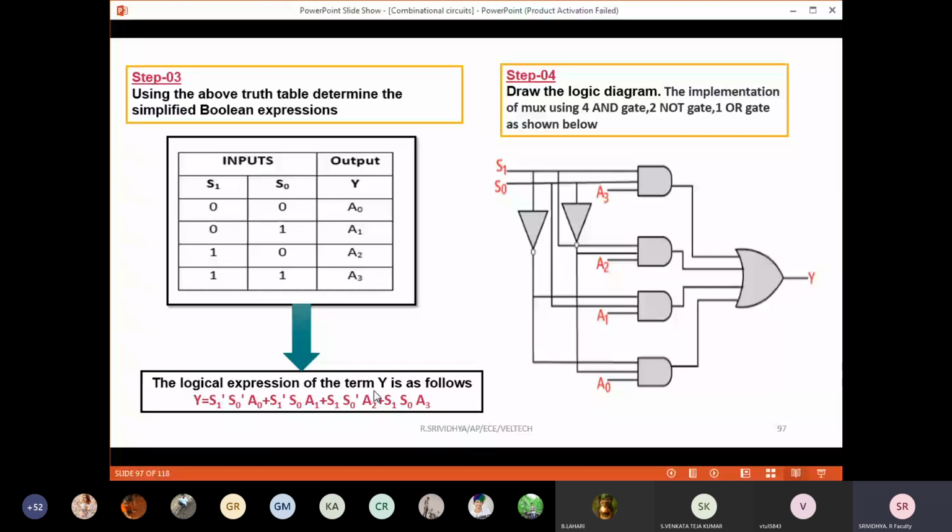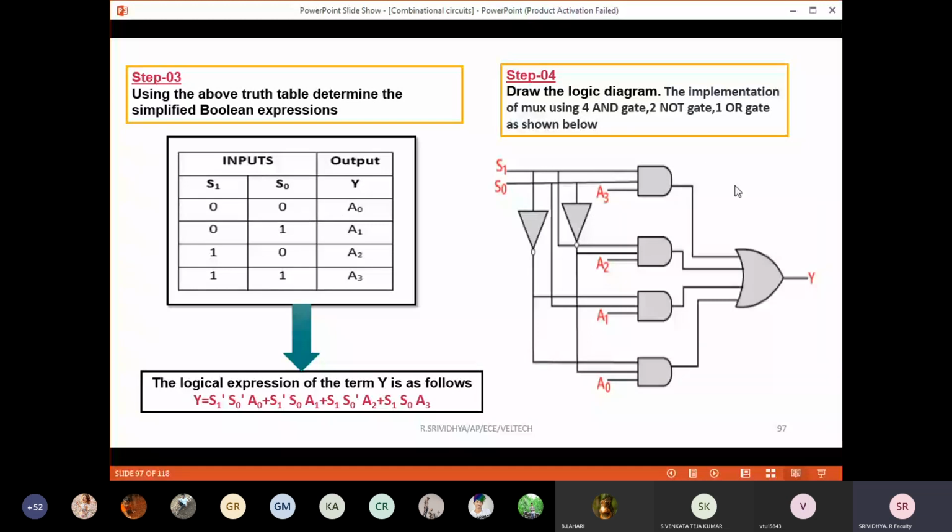So now from this you all can easily understand how I'm drawing the logical diagram. Very simple. Since four terms are there, 1, 2, 3, 4, I'm going to employ four AND gates and one OR gate. And for everything, it is going to be three inputs: S1 bar, S0 bar and then A naught. Directly I'm giving the select inputs. Then everything is going to be merged and you're going to get the output. So at this particular combination, this particular input should be selected.